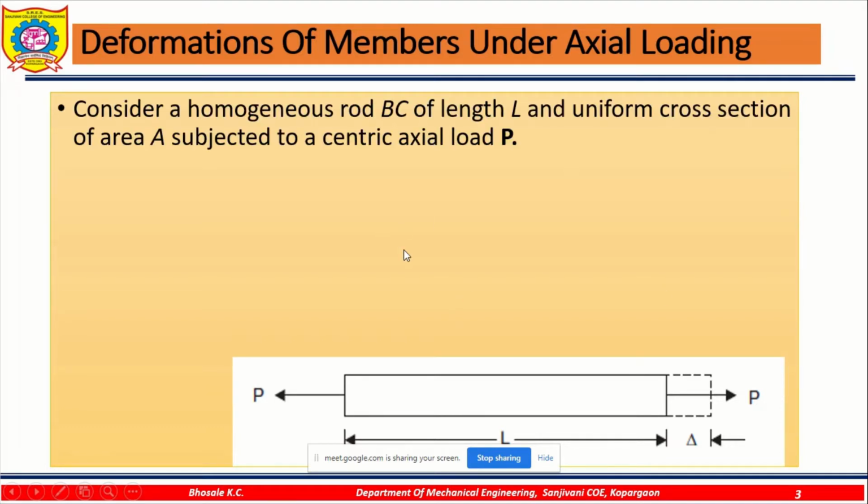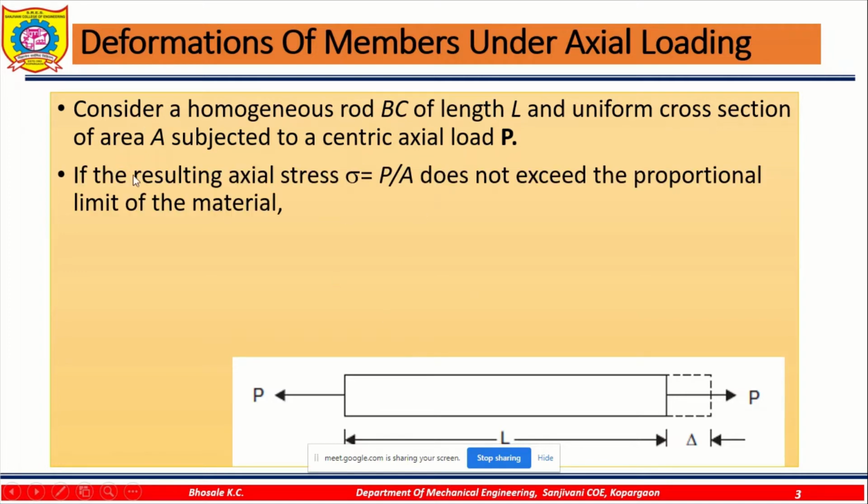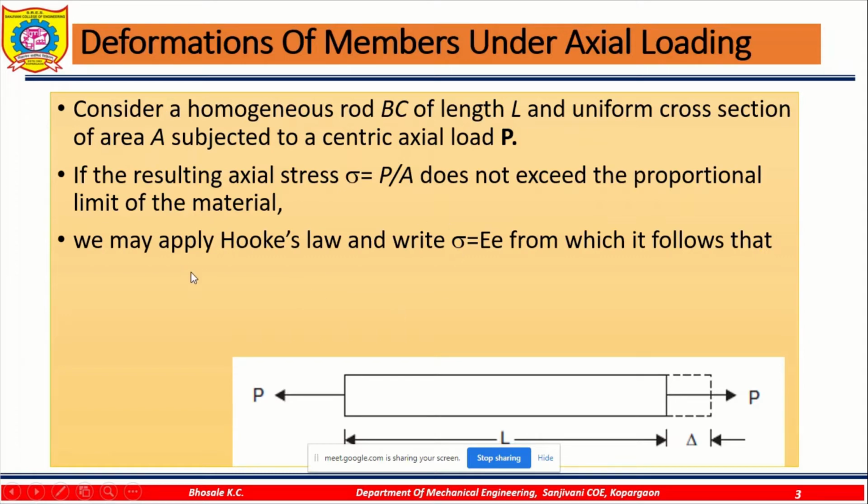We have applied the load, and we learned that the formula of stress is P upon A. Stress will be equal to load upon area. We also learned that within the elastic limit, by Hooke's law, Young's modulus E will be equal to sigma upon small e, that is sigma equals E into small e. Sigma is stress, capital E is Young's modulus, and small e is strain. So we can rewrite this equation: strain, small e, will be equal to stress sigma upon Young's modulus.